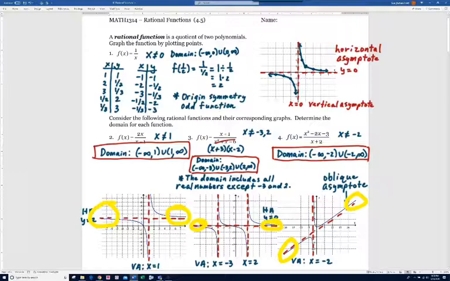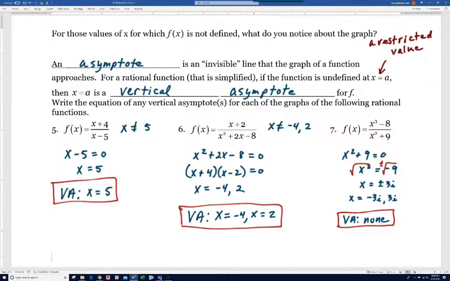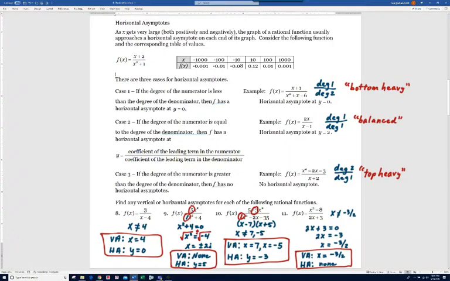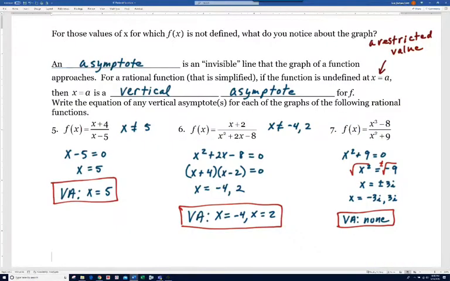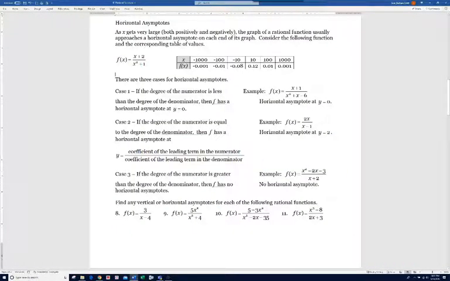Your graph eventually approaches a horizontal asymptote on the ends. Now it is possible that in the middle you could cross a horizontal asymptote. Again, with horizontal asymptotes, the main thing is that it indicates what our end behavior is going to be. With vertical asymptotes, you're never going to cross. So let me go back to where I was. Whoops, I went a little too far. Okay, so on horizontal asymptotes,